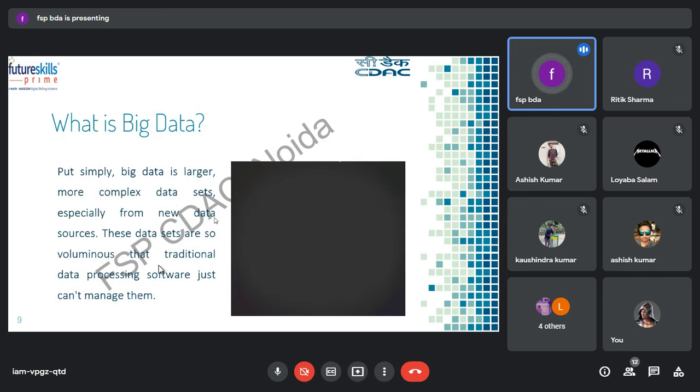The data is continuously increasing in size, and the data is of a very complex type. Suppose you have images, audios, likes, dislikes, shares, graphs; all those are complex types of data.